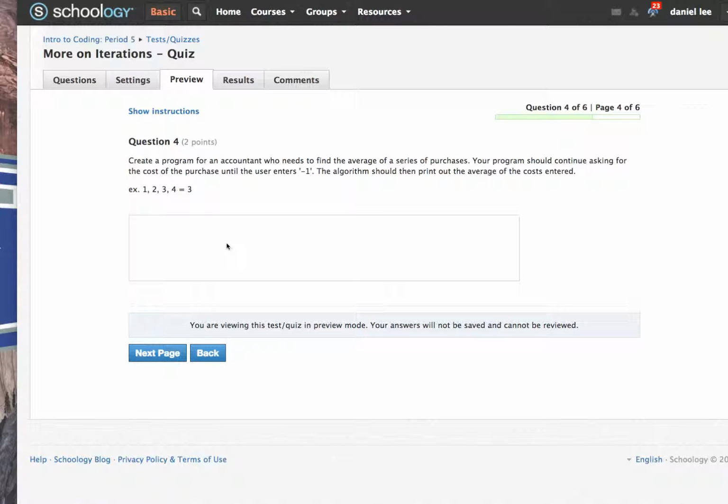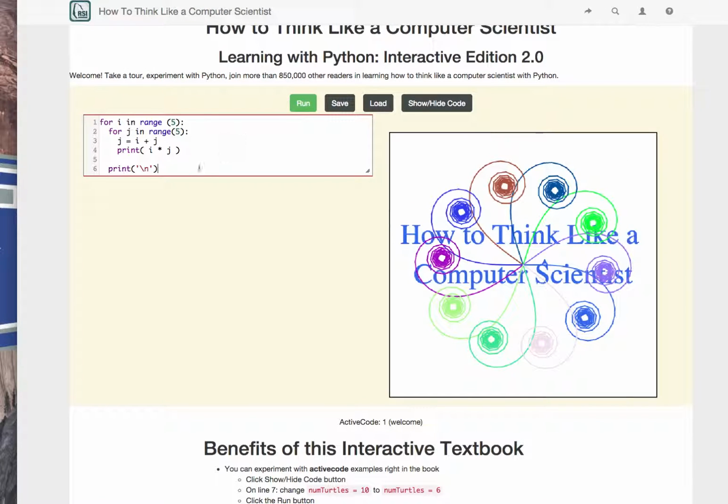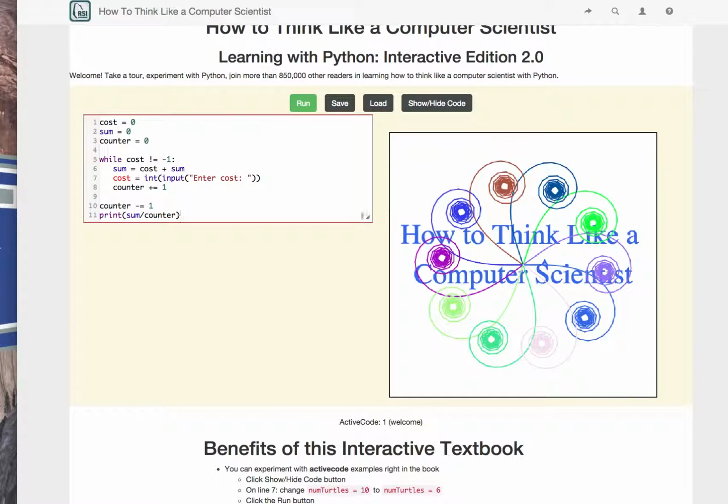I thought it was a very trivial problem, but then as I began coding it, I saw that it was a little bit more complicated than I originally thought, right? So we need a set of counters, right? One counter is going to be the cost. Another counter is going to be